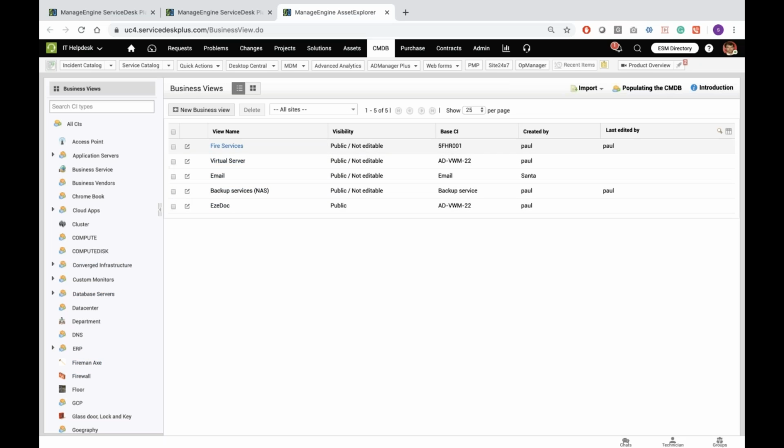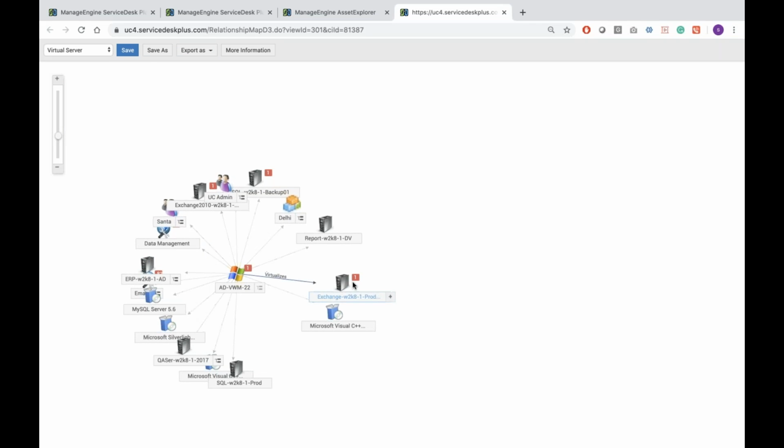So over here, you could have a CMDB with predefined business views to understand how the architecture is being mapped out. This is a business view that you could readily use, so that from it you can understand what all the services and assets are that have been related, and how the organization's services are being used.